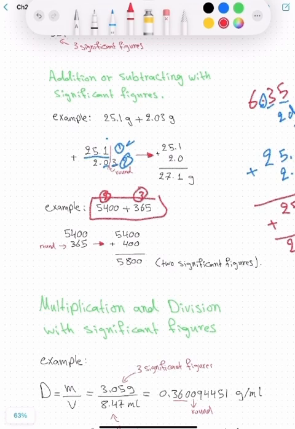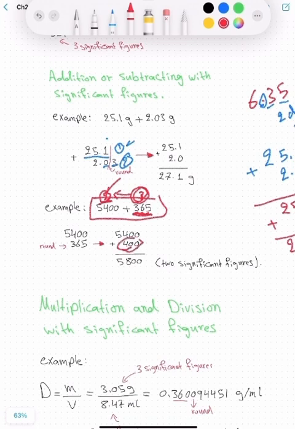When you add them, you get an answer having only 2 significant figures. You round this one because it has more significant figures. So take this as a rule: you round the one with more significant figures into having the same number of significant figures as the other one. So 365, you round it, becoming 400,